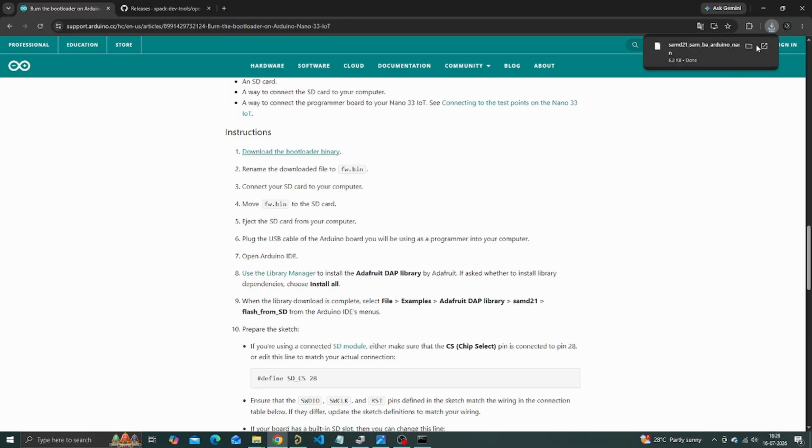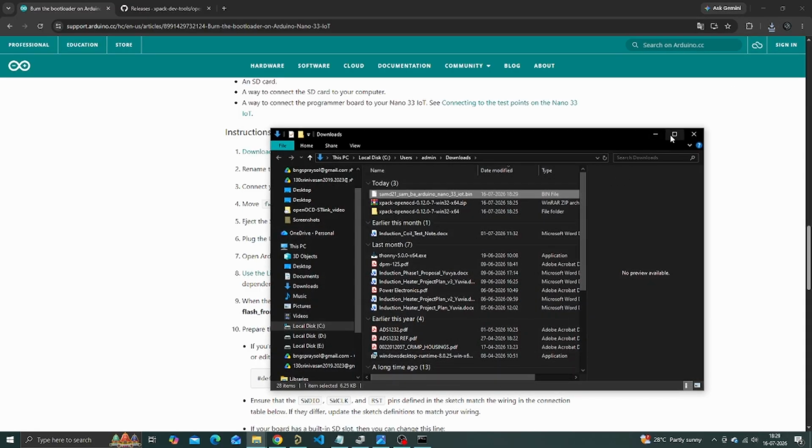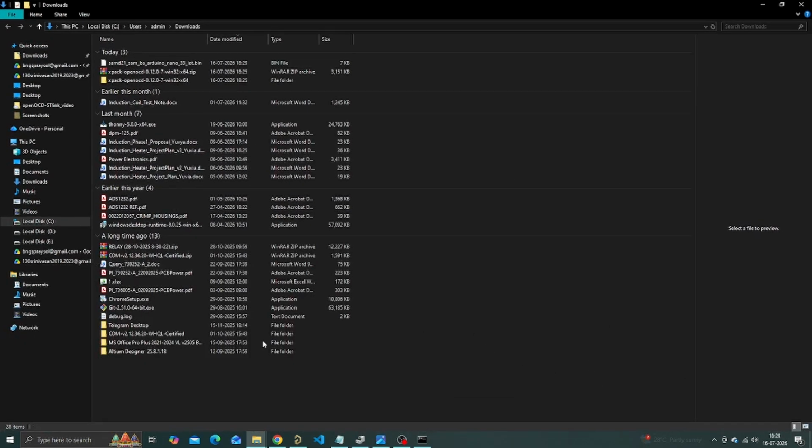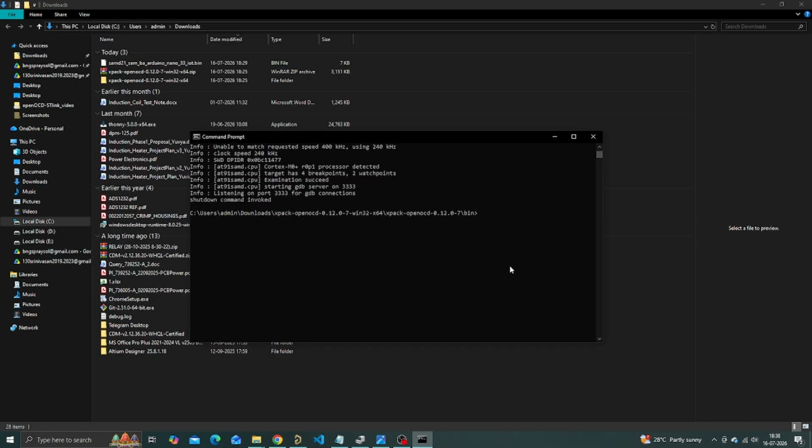So just click and download and go to that location. My location is downloads. Just copy the path where you have downloaded that bin file and use the same command and type